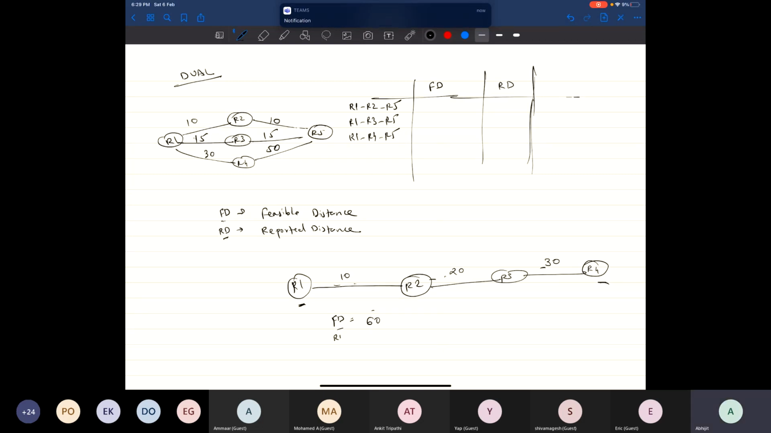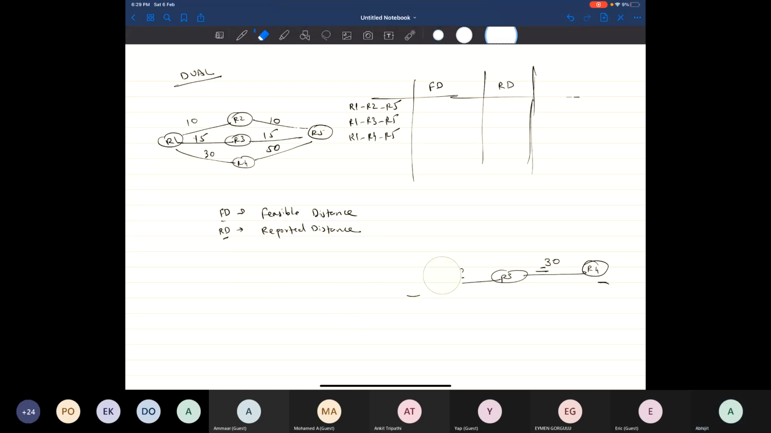And then RD is going to be the value from next hop to the destination, which is 20 plus 30, that will be 50. Make sense? Yes. So these are the two values that EIGRP calculates in order to figure out the best route. Now, based on our example that we have,